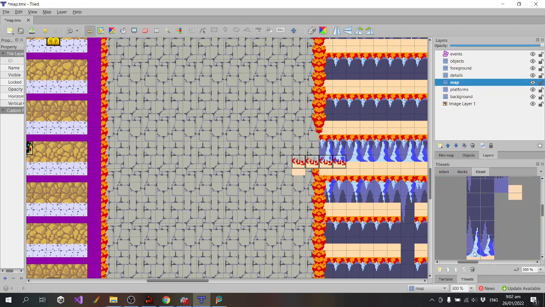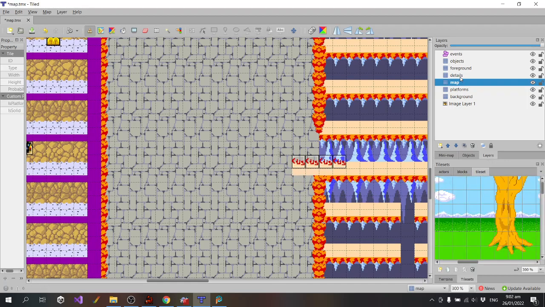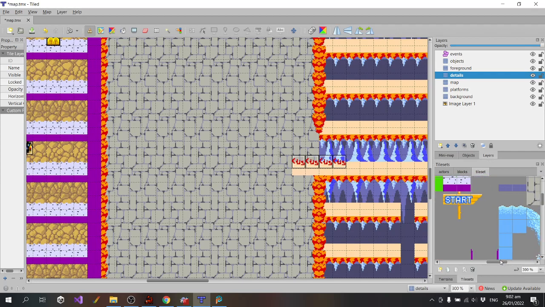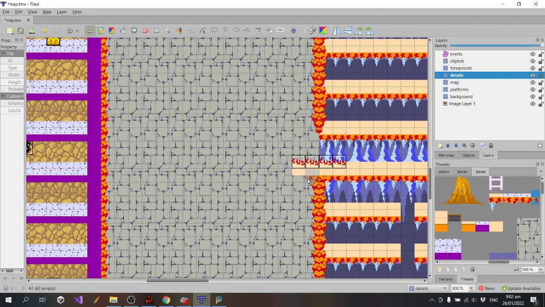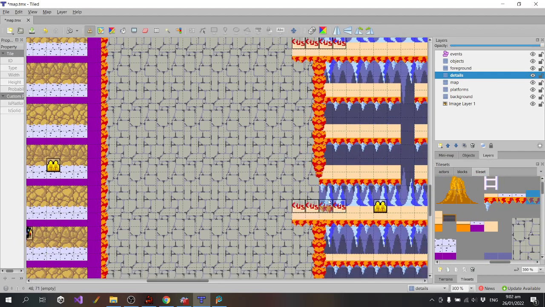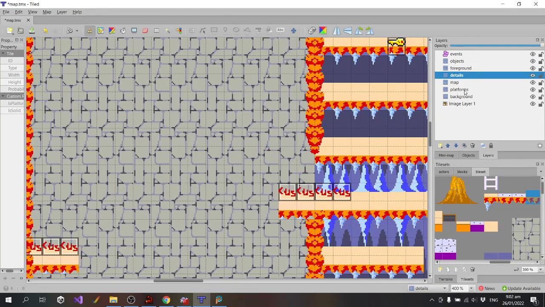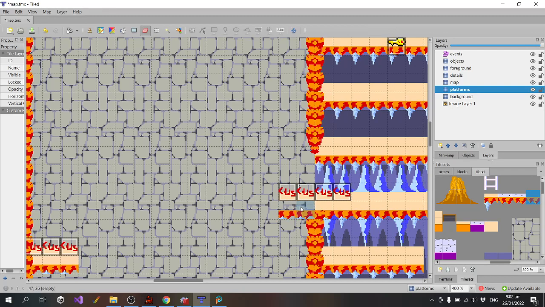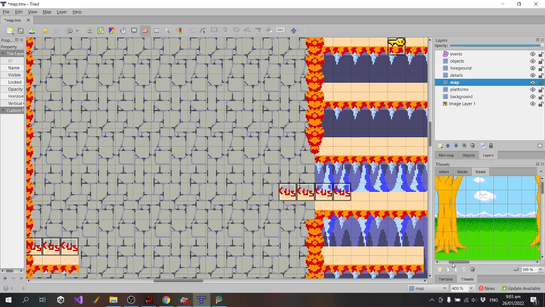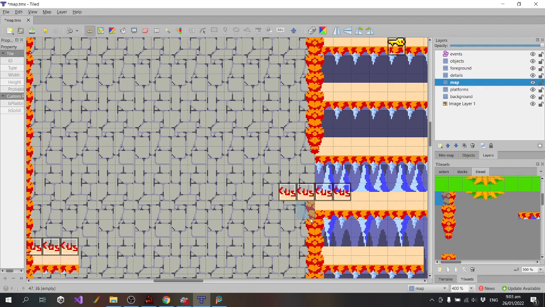Platform layer, then that on the map layer, and then on the details layer I need my new block. Do the same here, so then...